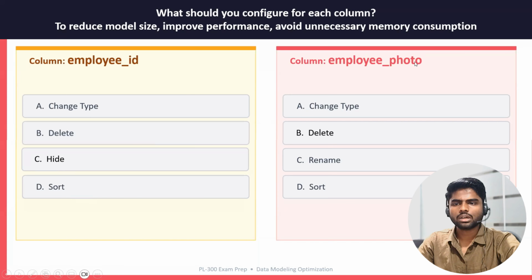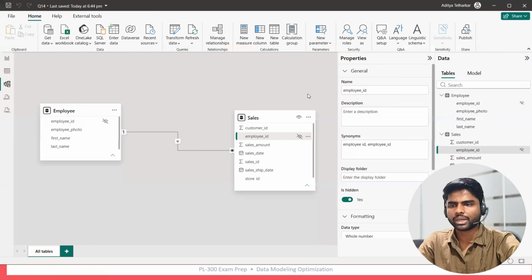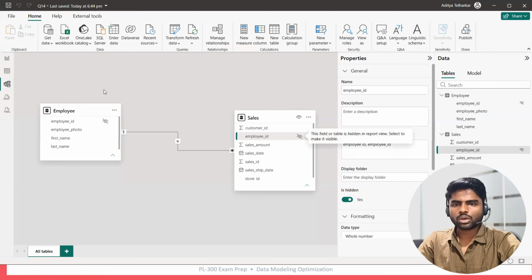Now we'll check the employee photo. As given in the scenario, the employee photo column, which is a binary column, will not be used in any visualization, any filter, or any reporting page. As they are not using it, storing that data will consume your memory.